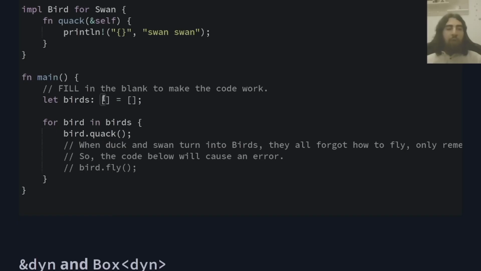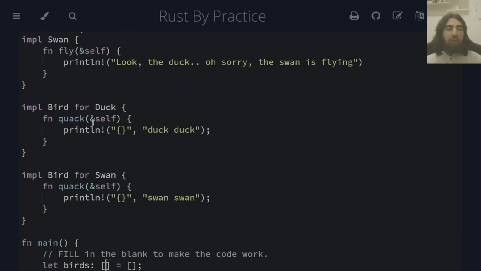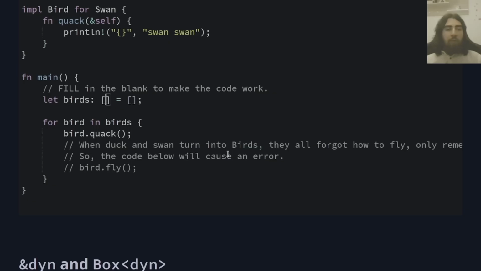We want over here an array of birds, so we want a type that implements the bird trait, meaning in this case duck and swan. And this time I will use a reference instead of a box. So we define over here that we want an array holding a type that implements the bird trait and is